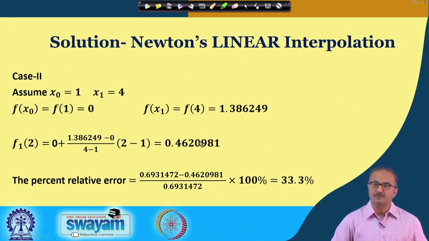Okay. So here we have chosen these values of x0, x1, and we get the value of ln 2 by interpolation here. Now we see, if you compare this value with the exact value, we have now brought down the relative error to this, but it is still quite high. Okay, it is still quite high, 48 to 33. So if you want to make it more and more accurate, you just keep on shrinking this range, and you will find that after a few iterations you will be able to figure out what range is suitable to make the interpolation.